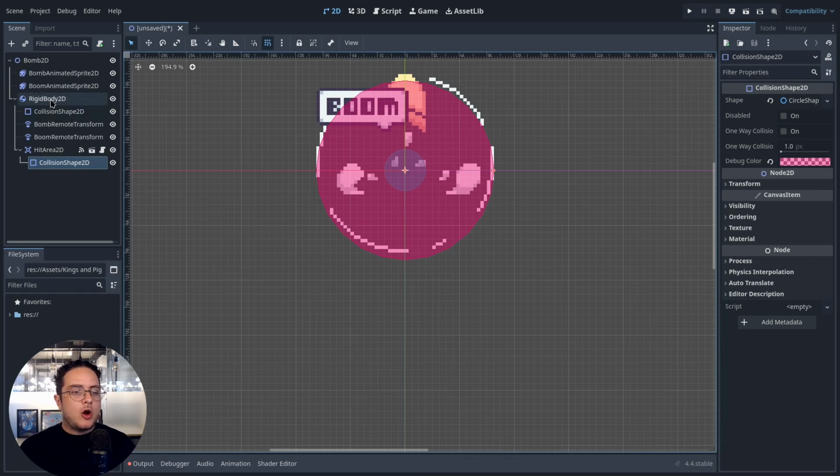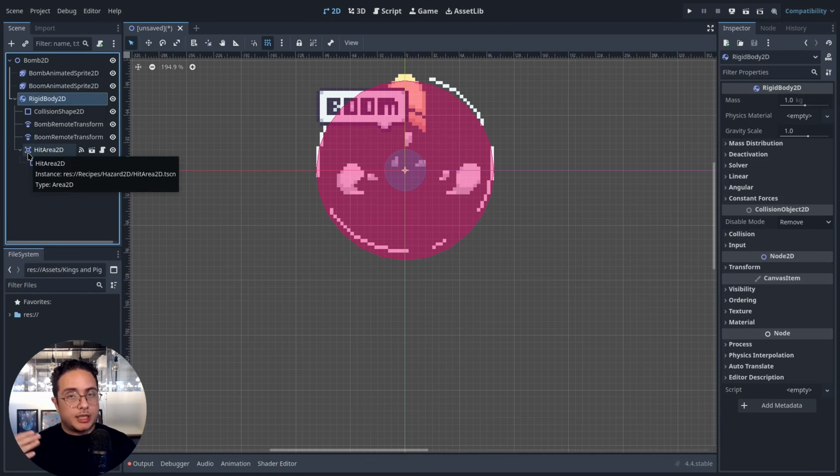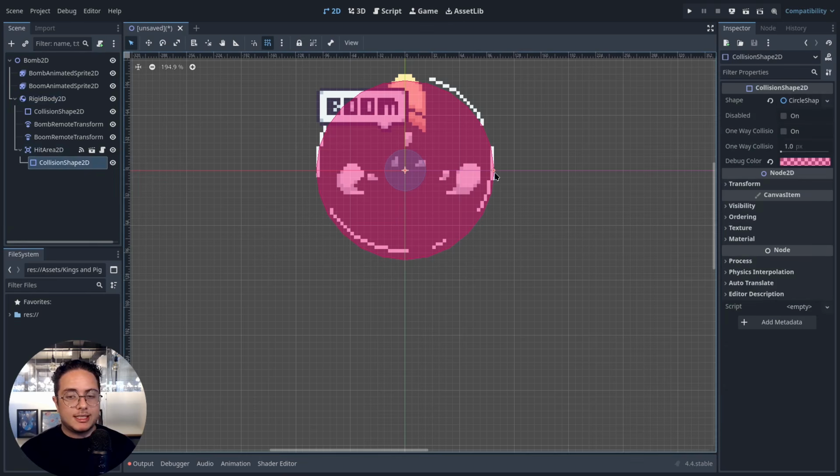Oh, actually, we also need to add a new setup for the detection area, because this is the area that is going to deal damage, but we don't want to deal damage right when the player gets close to the bomb, right? We need to detect when the player is close. So first of all, let's disable the collision shape so we don't deal damage to players right when they get